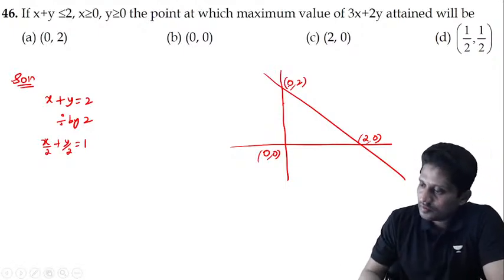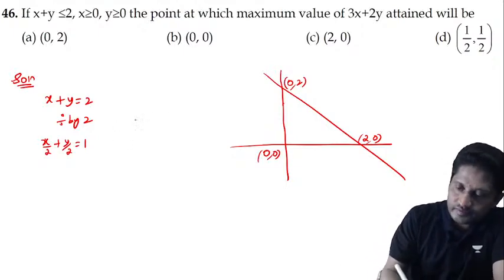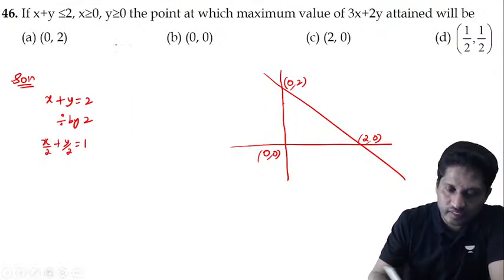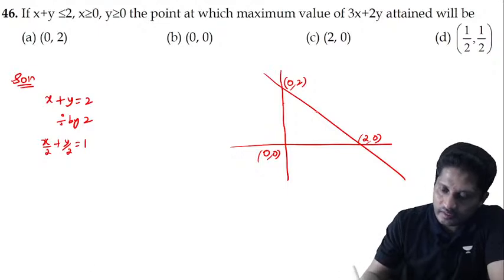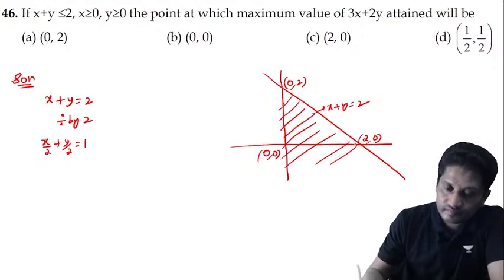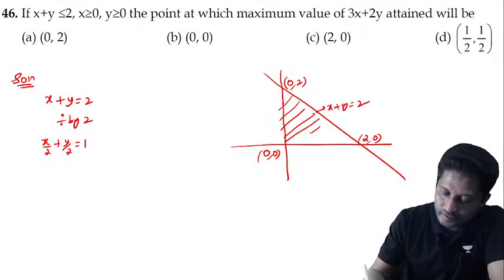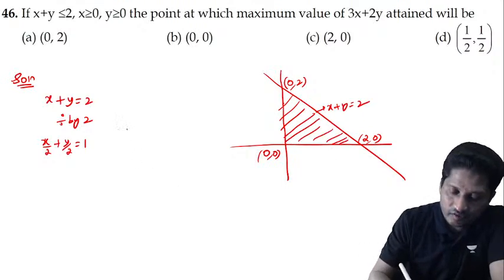Right, now if I take suppose the function is maximum, right? So if I take the corner points, so this is less than or equal to 2, right? This is x plus y is equal to 2. Less than or equal to 2 is towards the origin. But it's mentioned that x is positive, y is positive. So take only the first quadrant. So this will be the shaded part. If I take the corner points,